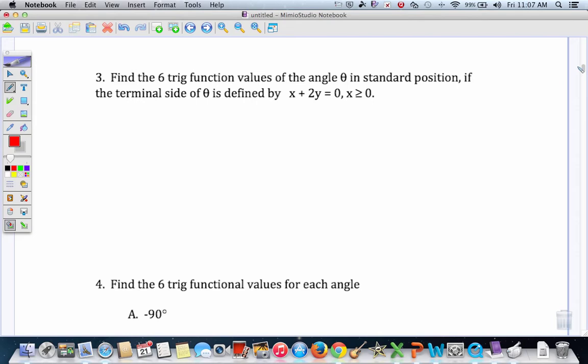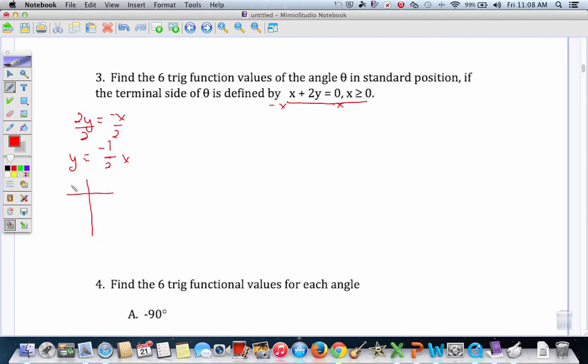Continuing with a few more to get us through this. Find the 6 trig function values of angle theta in standard position if the terminal side is defined by x plus 2y equals 0 and x is greater than or equal to 0. We don't have an ordered pair this time, but we do have the equation of the line that creates that terminal side. So what I'm going to do is take this line and put it in slope-intercept form by solving for y. So I'm going to subtract x from both sides, which will give me 2y equals -x. Slope-intercept form means I want to solve for y. So y equals -1/2